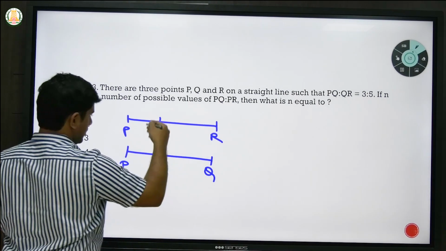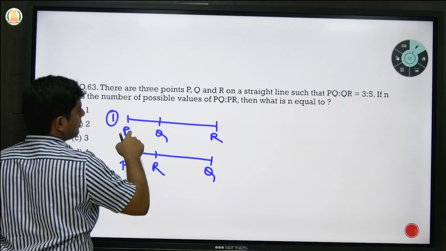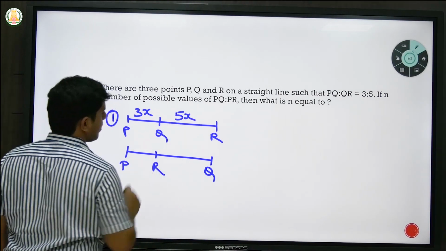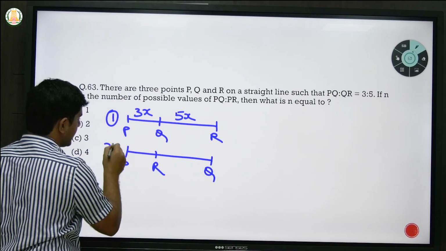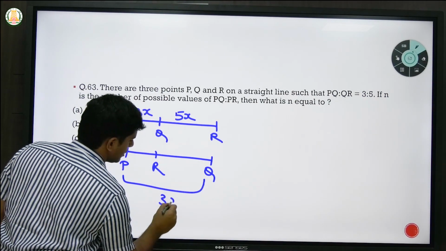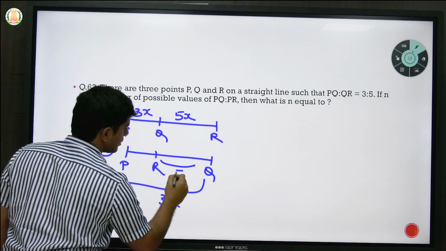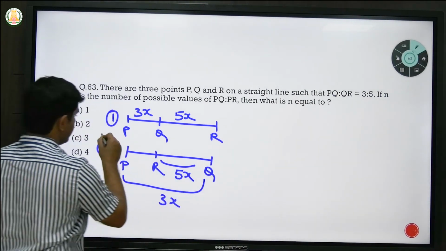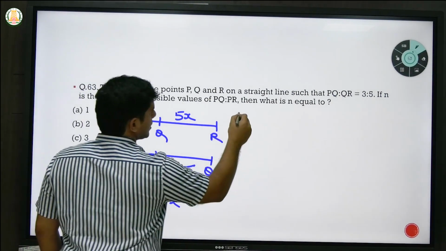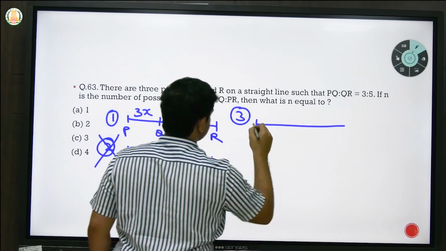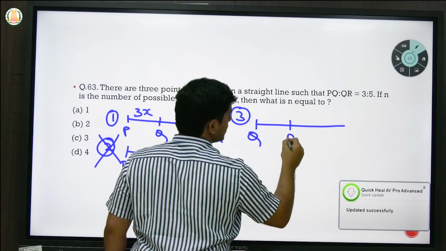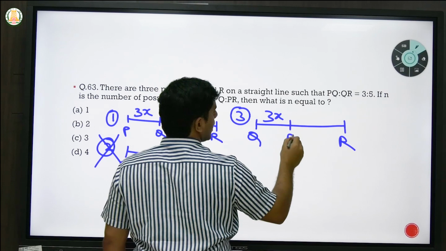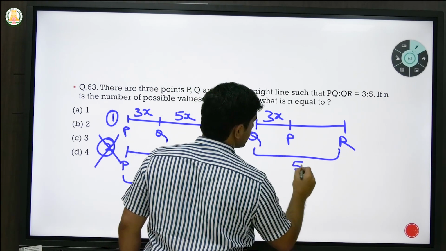Okay, now simultaneously we'll also write the values. So he's saying PQ is to QR is 3:5. So let's assume PQ as 3x, then QR will be 5x. Now in the second case, let's say PQ is 3x and QR is 5x. But if you carefully observe, this is not possible because this is bigger than this. So you can cancel off this case. Okay, so you go for the next case where your Q is here, your P is here and your R is here. So here if you see PQ is 3x and QR is 5x, then your PR becomes